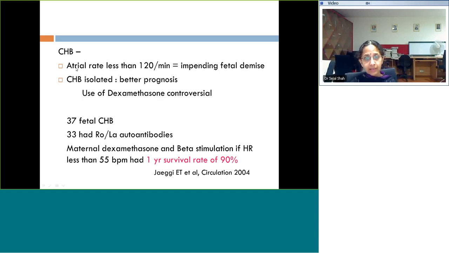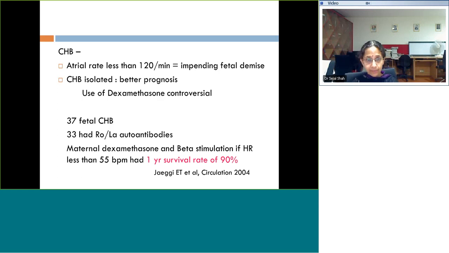The atrial rate and the ventricular rate we document, and if the atrial rate is less than 120, then it is an indication for delivering them early, most likely with cesarean. Now, CS is indicated for very few situations. As a pediatric cardiologist, we need to recommend, and the indication is not more just because we have hydrops or there is impending fetal demise, but because monitoring during normal delivery is difficult for a gynecologist, we sometimes opt for